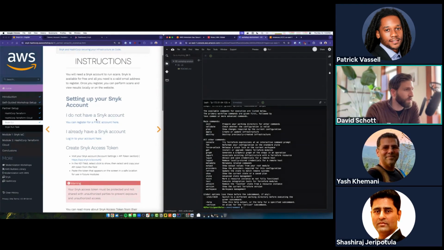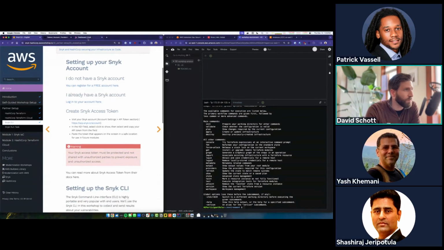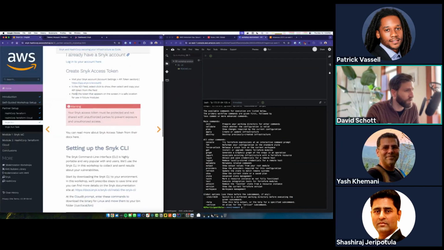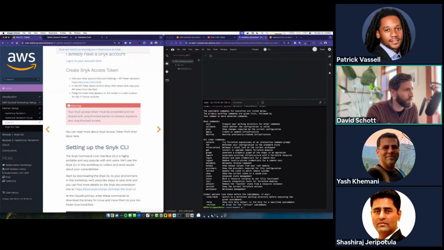So in Snyk, you can get logged in using the link that we shared in the chat, or you can use app.snyk.io and log in. Your account should look something like this with nothing in it, or maybe you already imported a project. If you did, that's great. You get bonus points.